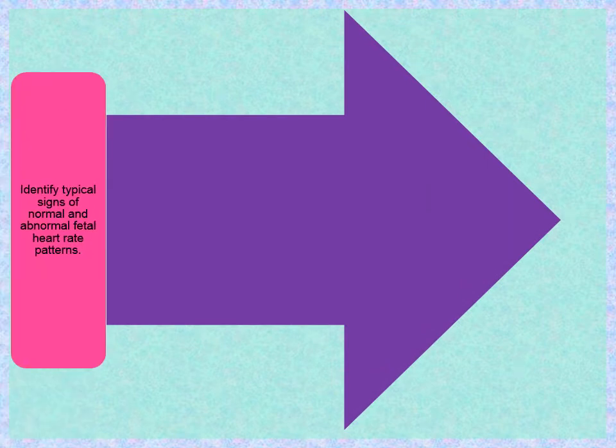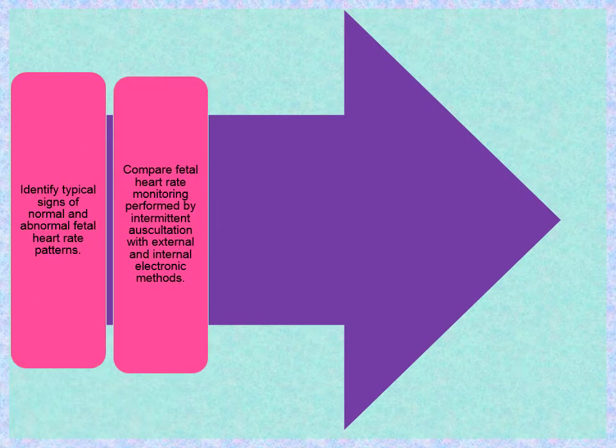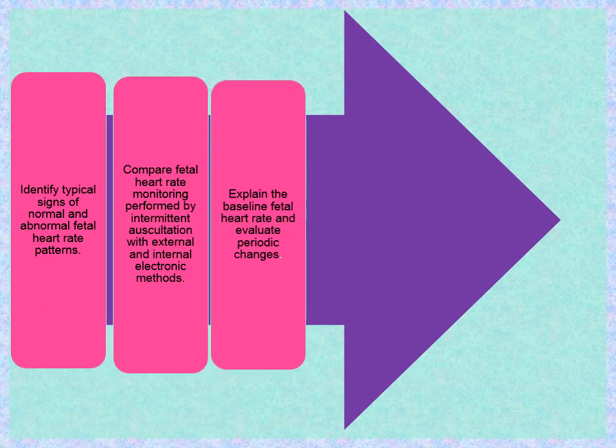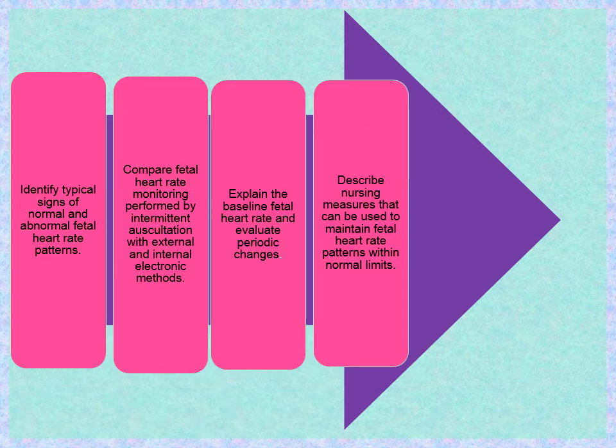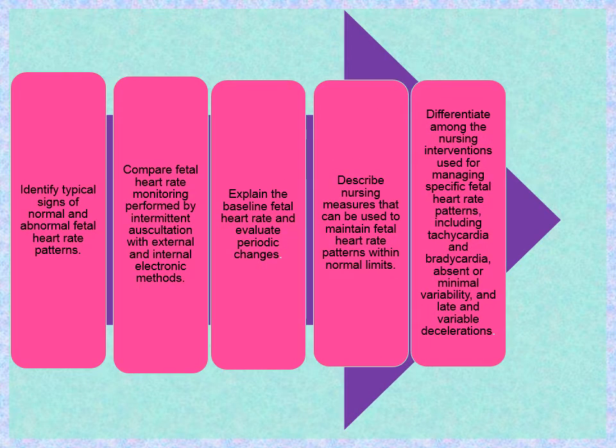The objectives of this lesson are to identify the signs of normal and abnormal fetal heart rate patterns, to compare fetal heart rate monitoring performed by intermittent auscultation with external and internal electronic methods, explain the baseline fetal heart rate and evaluate periodic changes, describe nursing measures that can be used to maintain fetal heart rate patterns within normal limits,